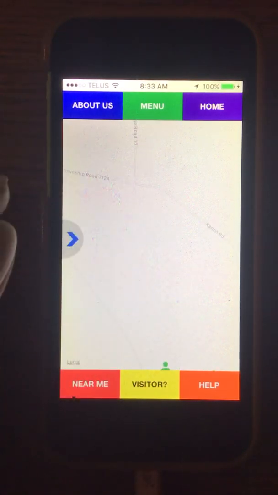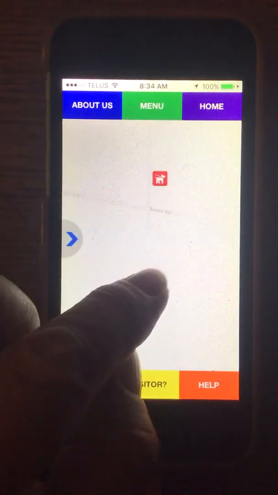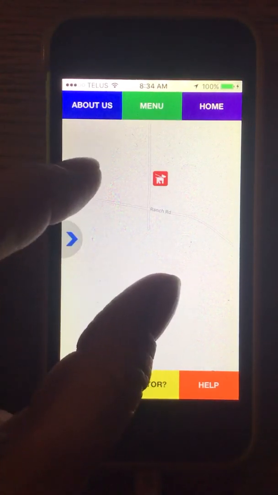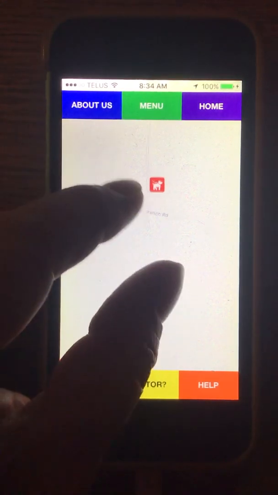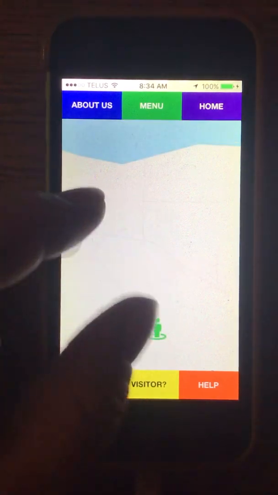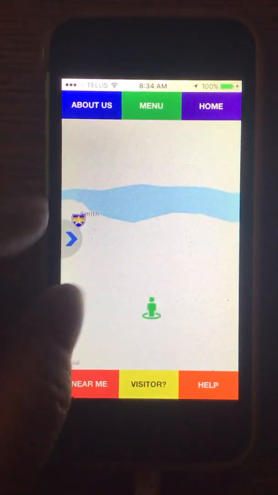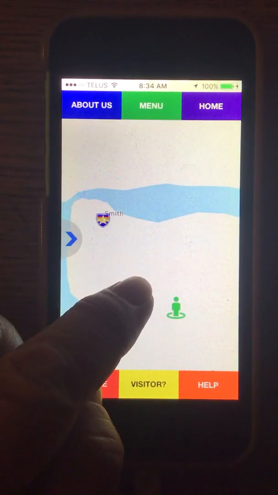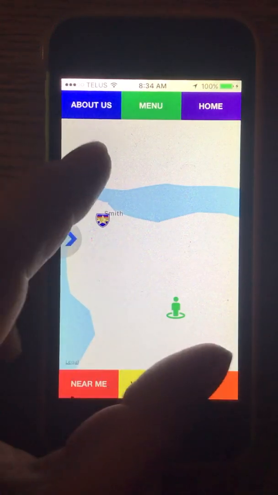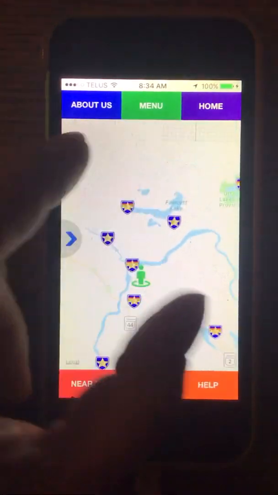And if I go that way, whoops, there's a dog kennel. So I'm kind of in a remote location. There's not a lot there, and we're always adding content. So then I'm going to squish it down, and I'm going to see the nearest community. And I'll get back to that in a second, because if I really squish it down,